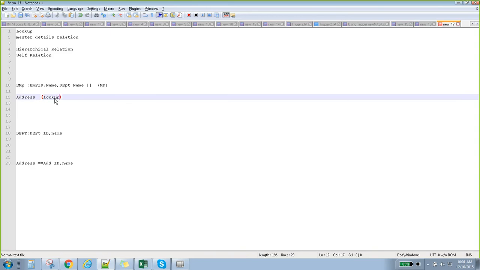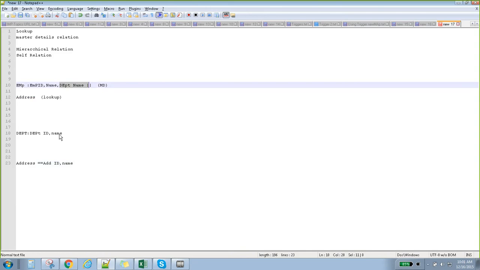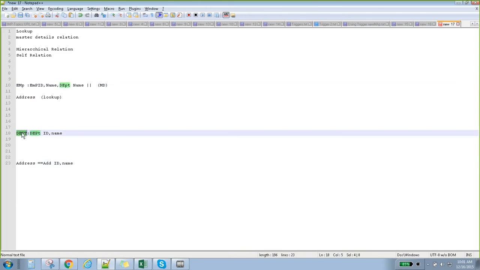And this is a master detail to the department object. So once you delete that employee, only some details of the department are affected. That is the relationship.